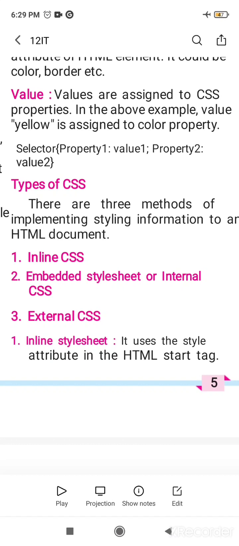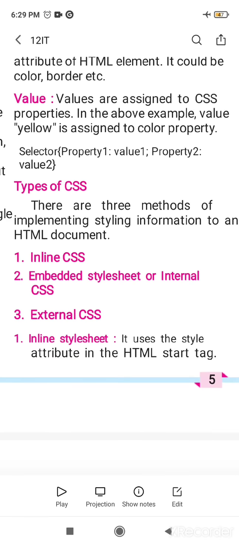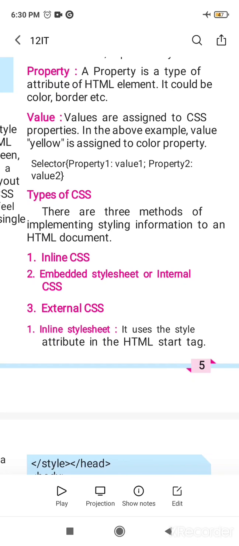Likewise, value 2 is the specified content as the value of property 2. So any user can define such selectors, properties and values for making any type of style sheet. Such a style sheet may be an inline style sheet, or internal, also called embedded style sheet, as well as external style sheet, the third type of style sheet.